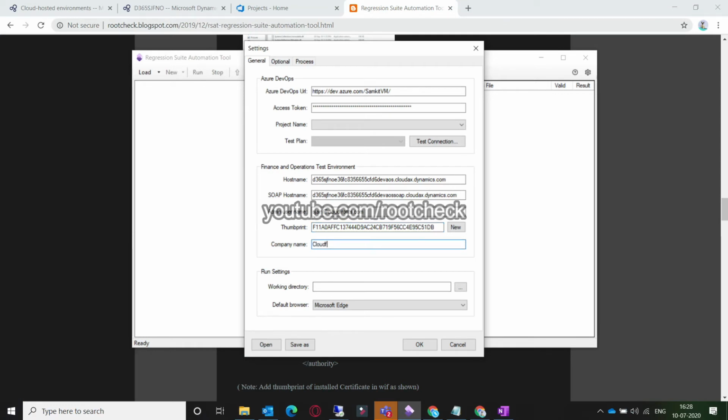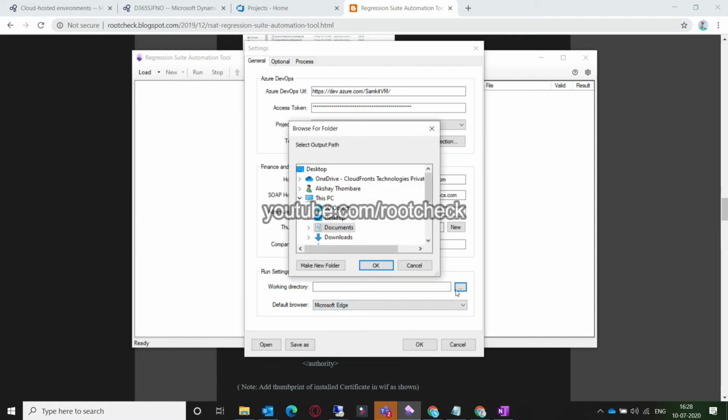company name. For the host name and SOAP name, in the host name section you can have your cloud hosted environment link, and for the SOAP section I will show how to find the SOAP link for the cloud hosted environment. It is in the IIS section of your cloud hosted environment.